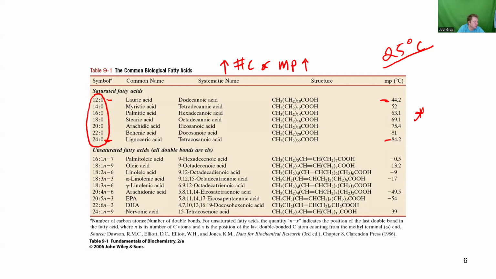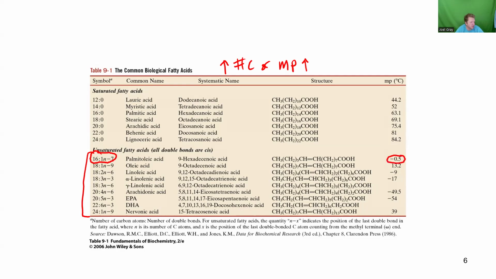Next up, unsaturated fatty acids. Here we've got fatty acids with double bonds. One thing to keep in mind is you could have a fatty acid with one double bond, with two double bonds, with three double bonds. Really, you have a couple of different options there. Now, one thing I'd like to point out right off the bat is that we've got a 16 carbon long fatty acid with one double bond. And it has a melting point of